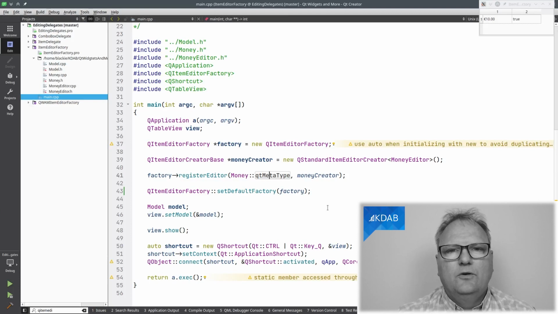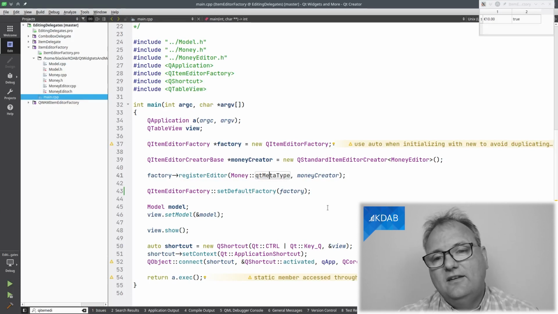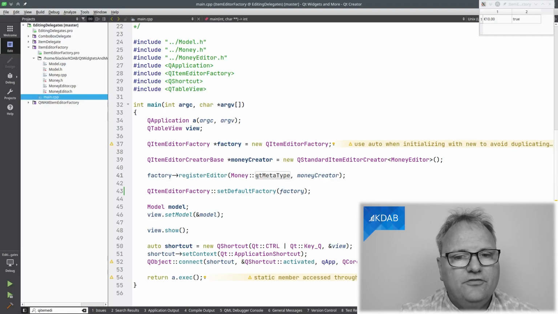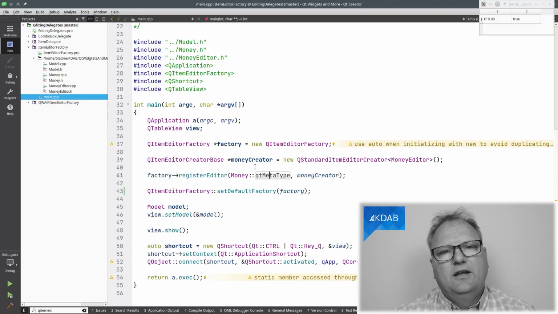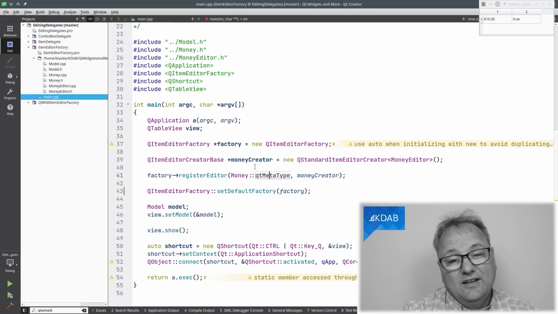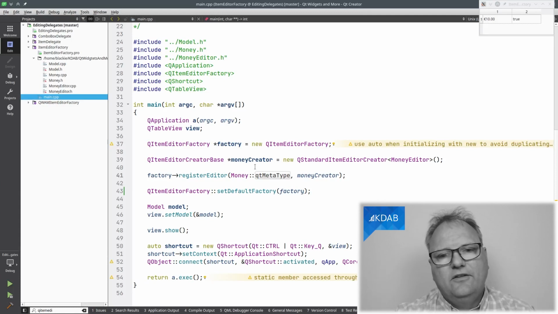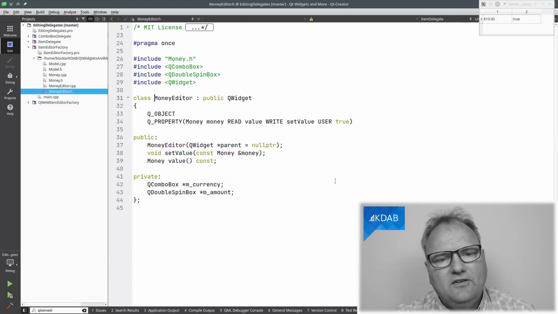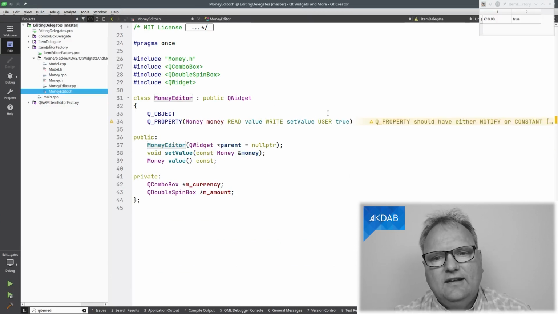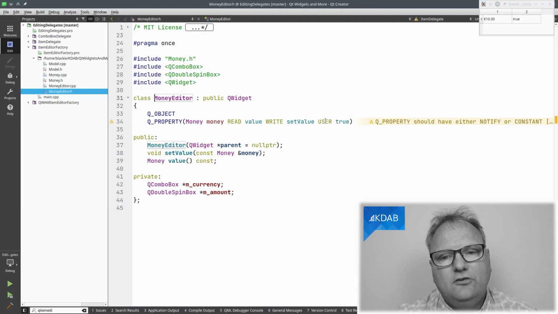view framework now, whenever a view needs to instantiate something of this type, so a model returns an instance, of course wrapped in a Q variant, but an instance of money, whenever that is returned and I double click on the cell, it will instantiate a money editor, and using the properties up here for money, it will read the value using value, will set the value, and it will go for the property that has user true.